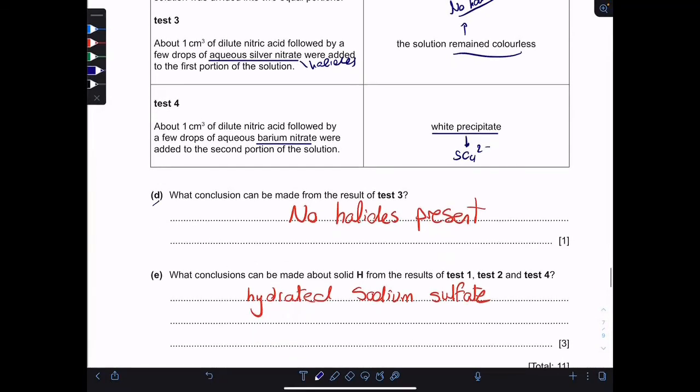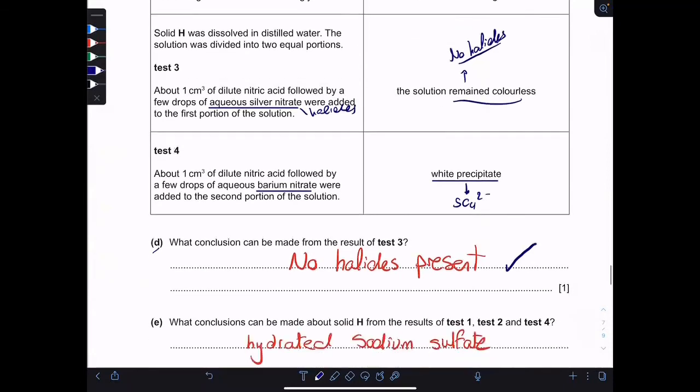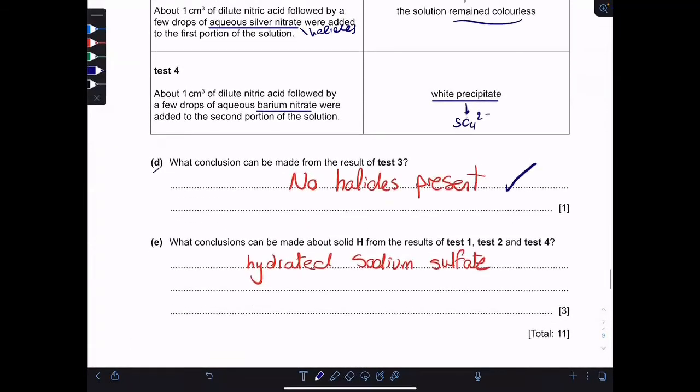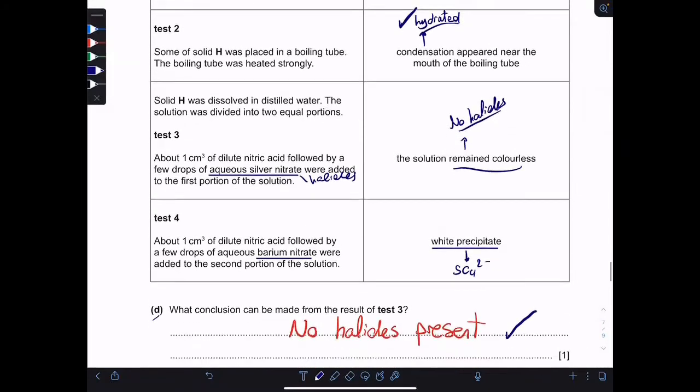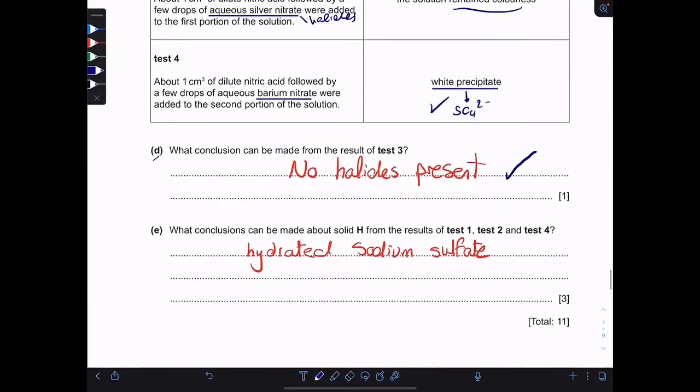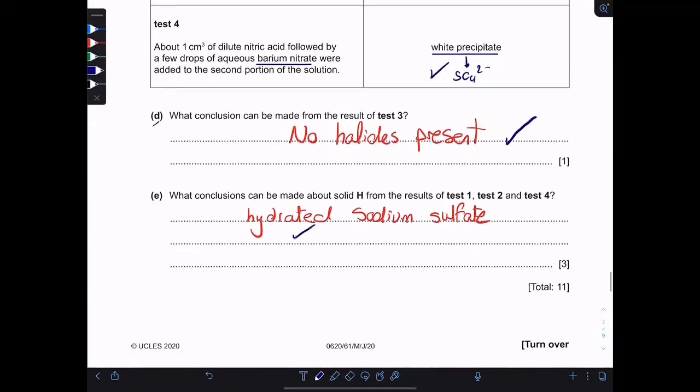D, what conclusions can be made from the result of test 3? That no halides are present, of course, because the solution remained colorless. And what conclusions could be made from test 1, 2, and 4? Of course, test 1 is that sodium is present. Test 2 is that this solid is hydrated. Test 4 is that sulfate is present. So overall, we can say hydrated sodium sulfate. Or you can write the formula of sodium sulfate and take 2